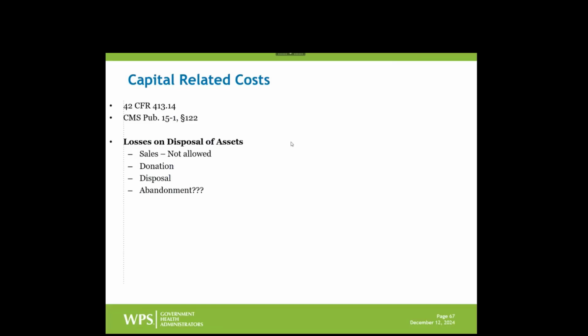If that building, maybe an old hospital building or a medical office building, is razed, cleared, demolished, so to speak, the costs related to that and the lost building depreciation become part of the razing costs. I'm going to focus on that. The razing costs become part of the basis of the land, the cost basis of the land. And then when you sell it, you might have a loss, you might have a gain. It's land, so you may very well have a gain.